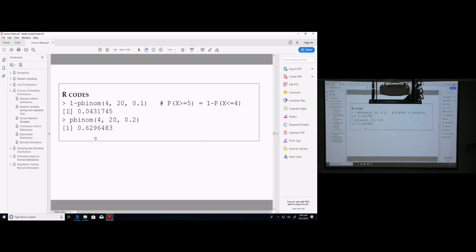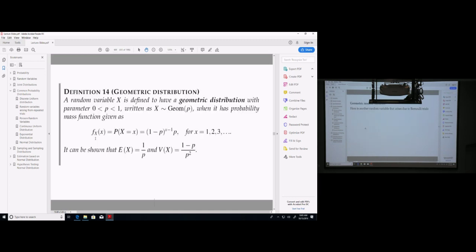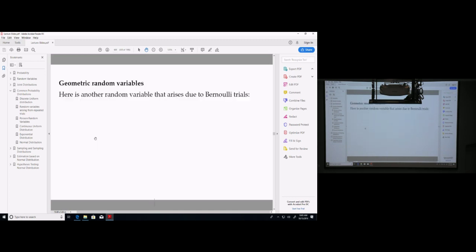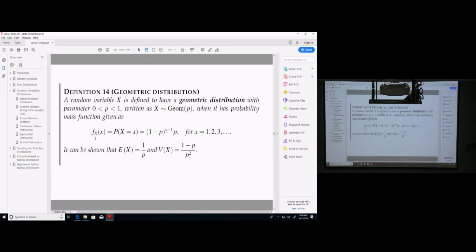Whereas the geometric is different: you do not specify the trials, and you are targeting the very first success, all right? The geometric distribution looks at the number of trials you need in order to get the first success,